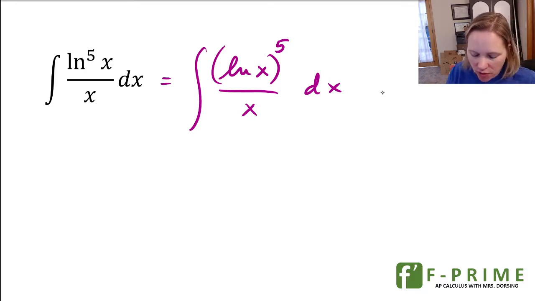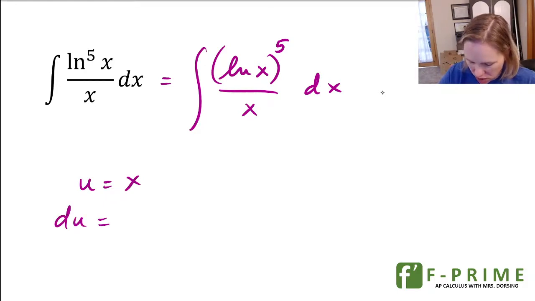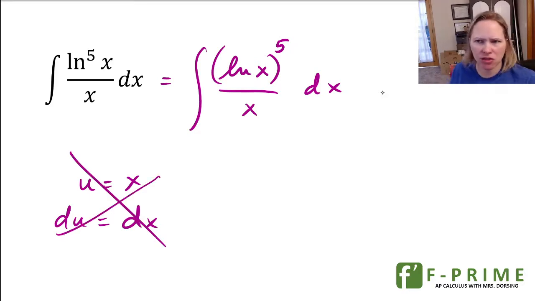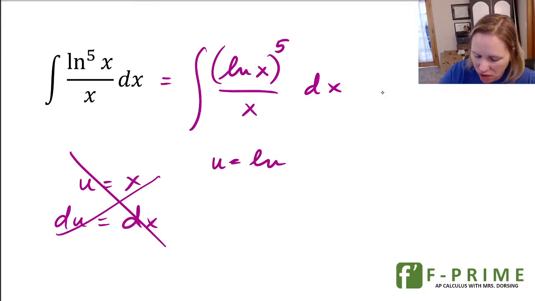Also, if you ever are tempted to say, well, I'm going to let u be x, then du is dx. That doesn't get you anywhere. It just rewrites the integral with the letter u instead of the letter x. So it's not helpful in any way. Don't ever let u be x. It's just a dead end. Here I'm going to let u be the natural log of x, which means du, and this is going to be helpful,